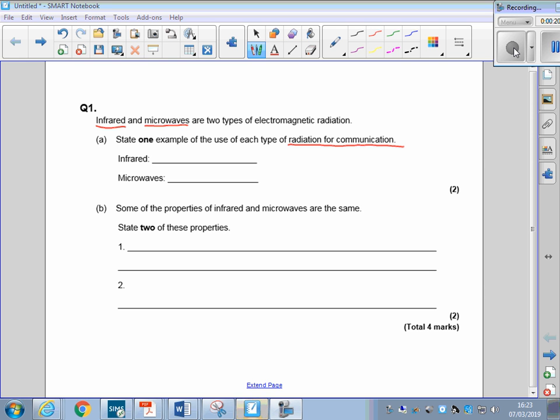So infrared is a bit funny because you normally think about that as people seeing heat rays, or infrared is also used in cooking, so toasters and barbecues and grills, that's infrared rays. But when we're talking about communication, we're talking about remote controls. So you change your TV channel with a remote control, you're sending a little infrared signal to the TV. And that is a communication. I know you don't feel like you're talking to anybody, but you are still communicating with your television.